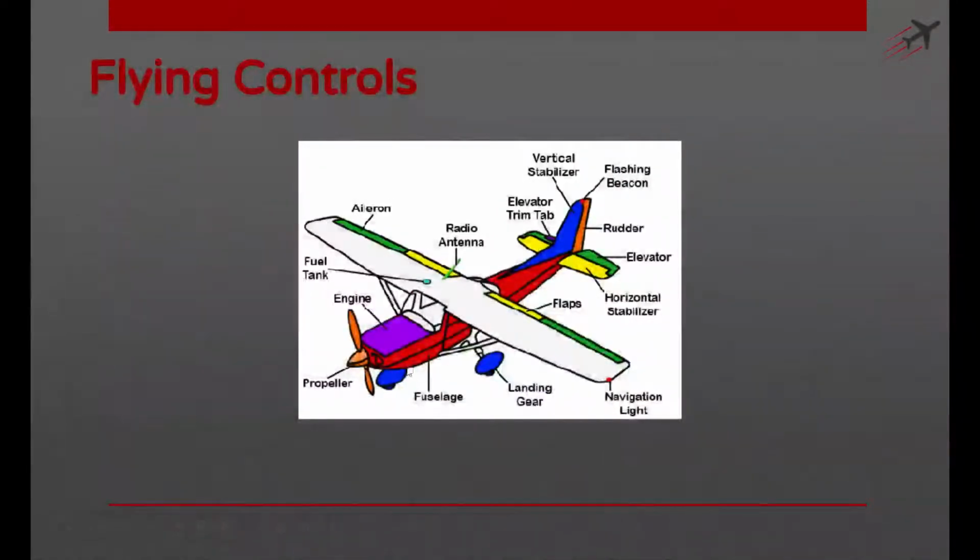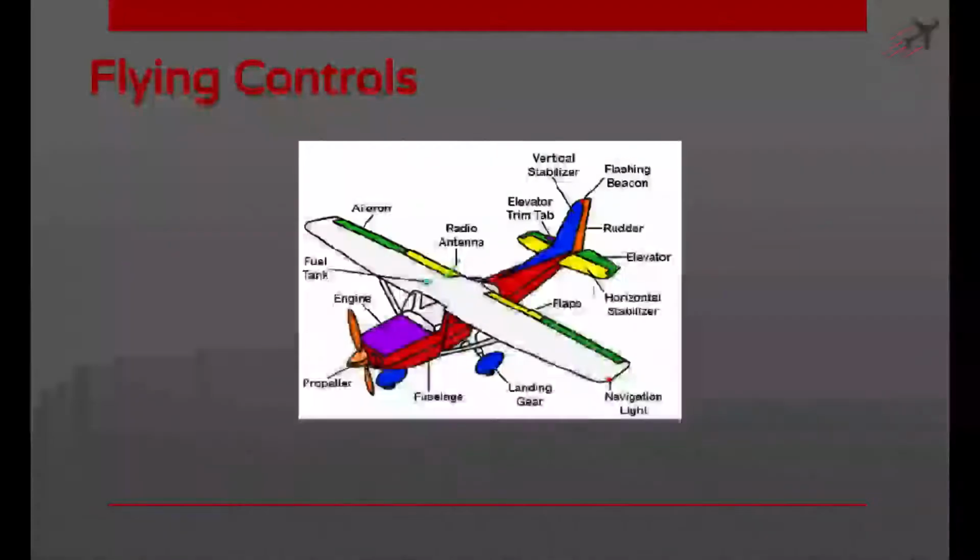Looking at a diagram of an aircraft, you can see there are three main parts that we need to focus on. The fuselage, which is where we sit, it's this part in the middle, the purple and red area. It's got a propeller on the front, which gives us our thrust in the air and on the ground. We've got the wings, which is the white surface, and the tail plane, which consists of the vertical stabilizer